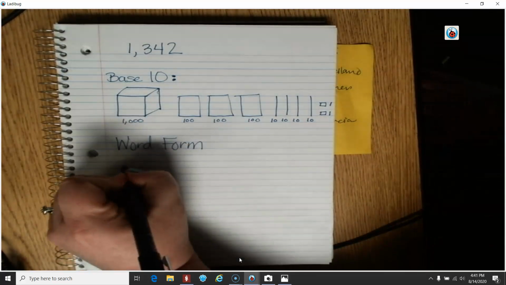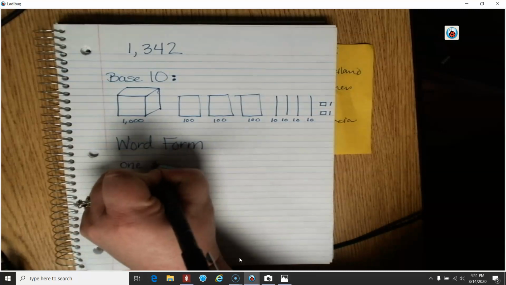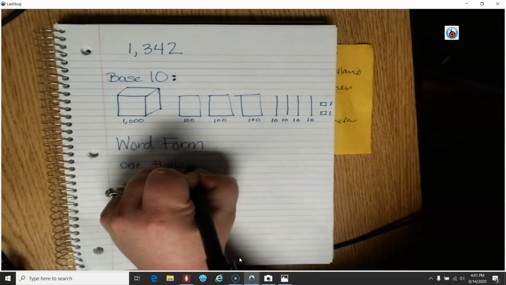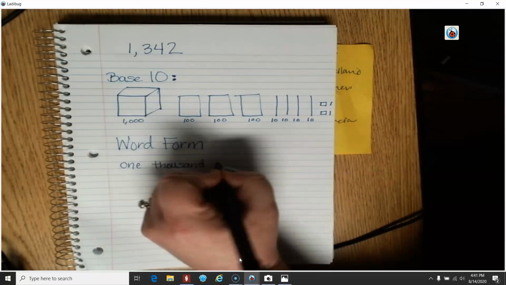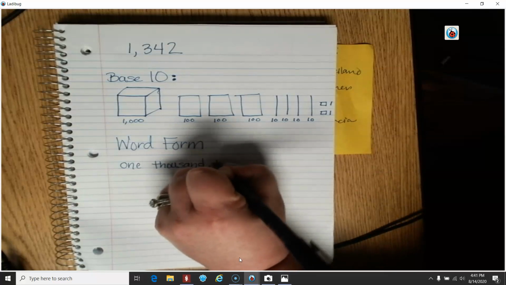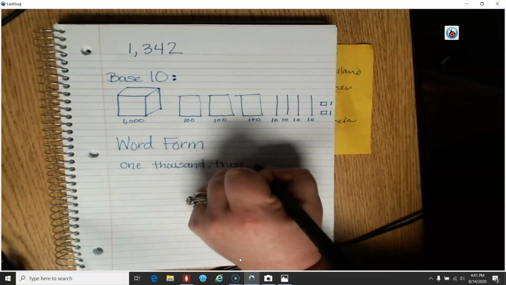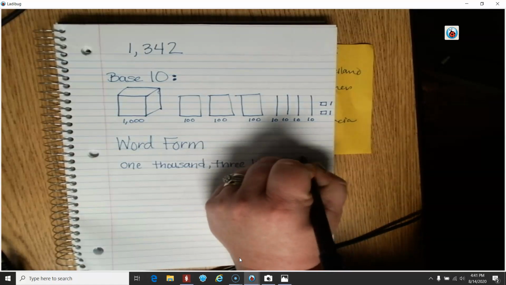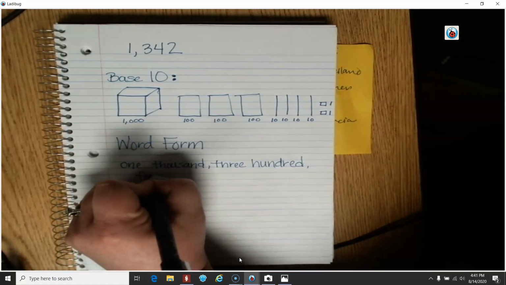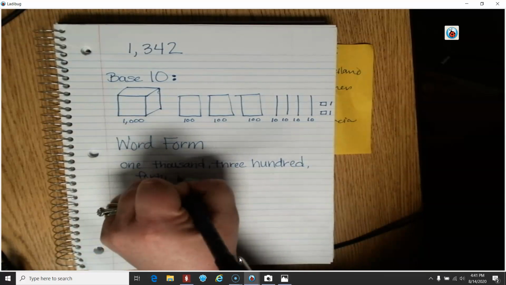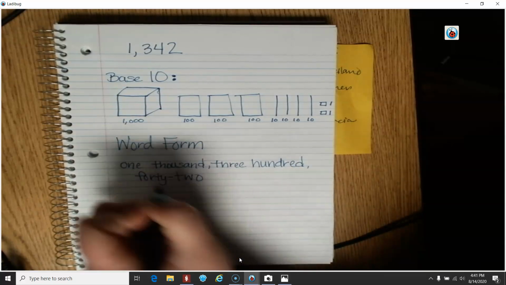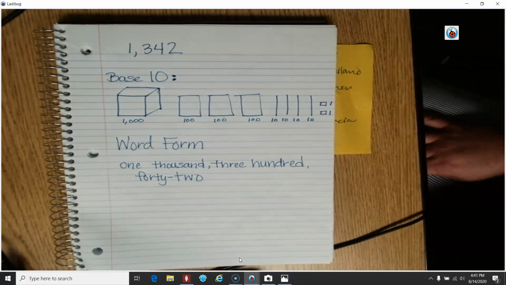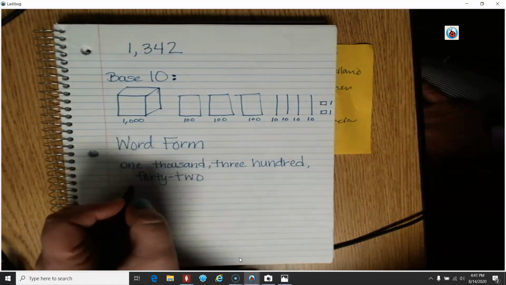Word form, I'm going to write out the words. 1,000, 3, oops, I almost wrote a number. I had to remind myself that I was writing words. 342. Okay? That is word form. Now, expanded